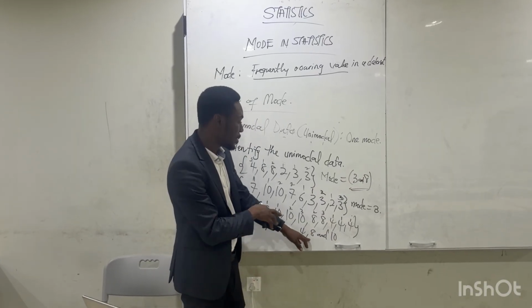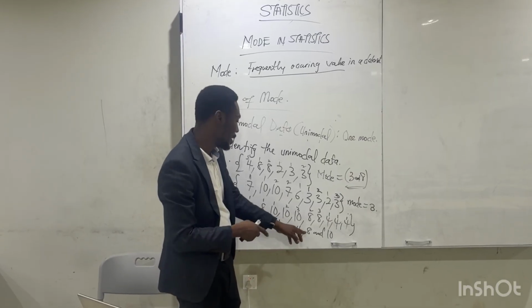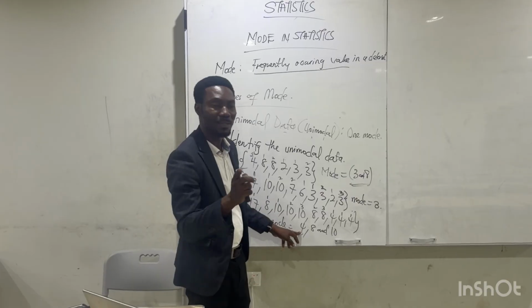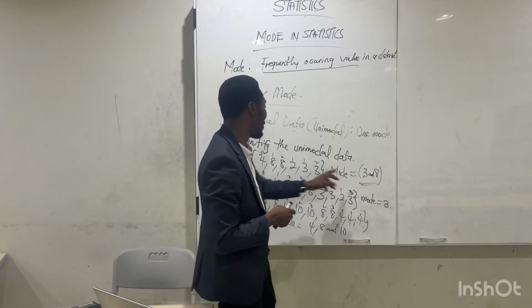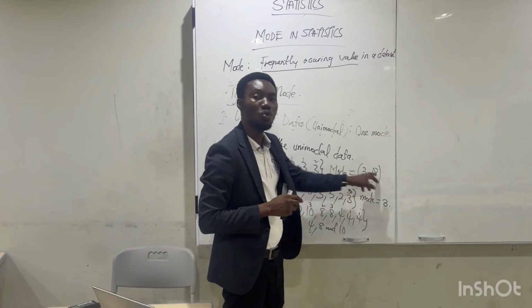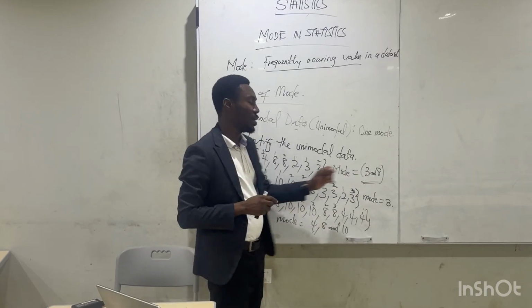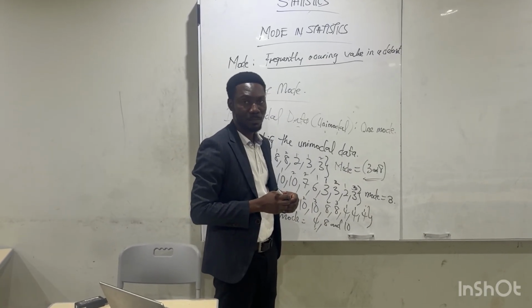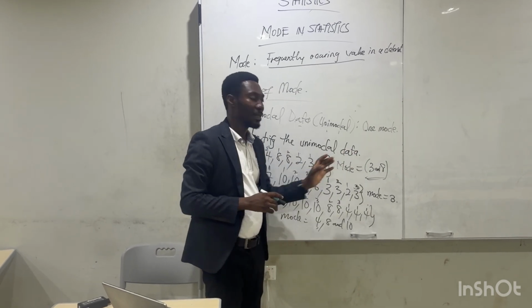Now this type of data is not a unimodal data, because here we have 1, 2, 3 modes. So this type of data is not a unimodal data. Now if you check over here too, this type of data is not a unimodal data. Why? Because we are having 2 modes in this type of data. Now a data where we have 2 modes, we call it a bimodal data. Okay, so if you are given a simple data and you are having just 2 modes, that kind of data